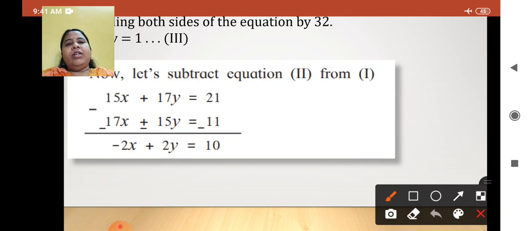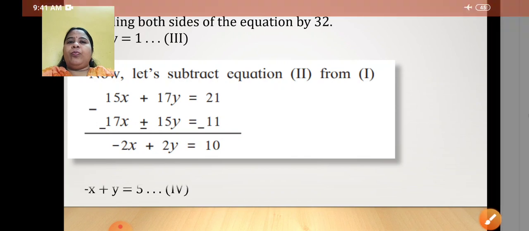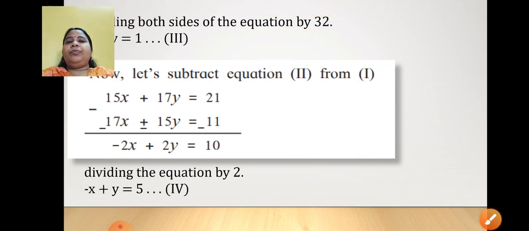Now similarly, as we did in the equation before this, when we added, we tried to take something common and divided by 32. Now here also you can see something common. Yes, all the terms like 2 can be divided by 2, and 10 also can be divided by 2. So my next step is dividing throughout by 2.